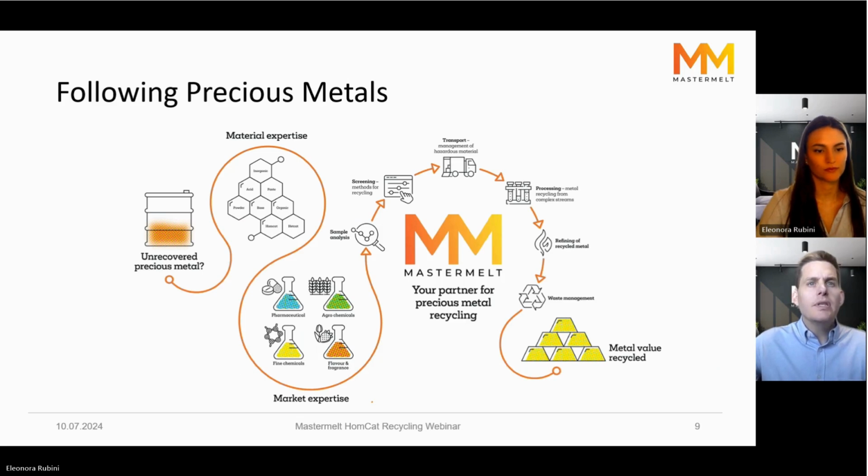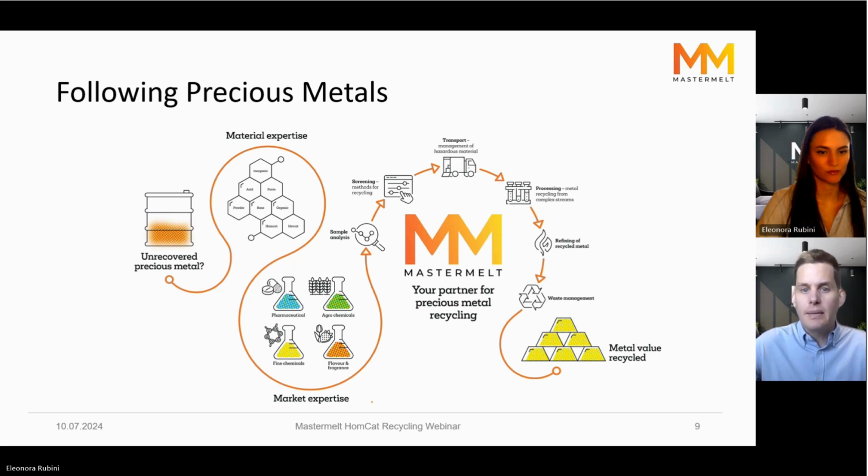So we've looked at the first part of our journey with Mastermelt. You're looking at where are my precious metals? So we know where they are now. We know what type of materials I'm looking for and what can be processed. And typically what industries do these materials come from? Well, they come from pharmaceutical, agrochemicals, flavors and fragrance, and fine chemicals, all industries which use large quantities of these